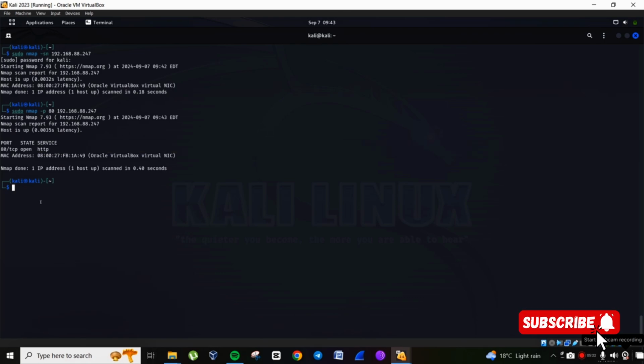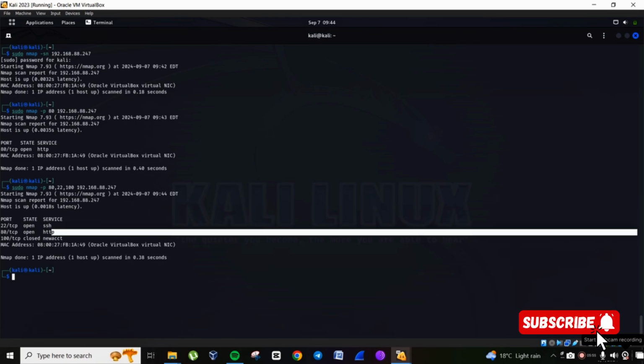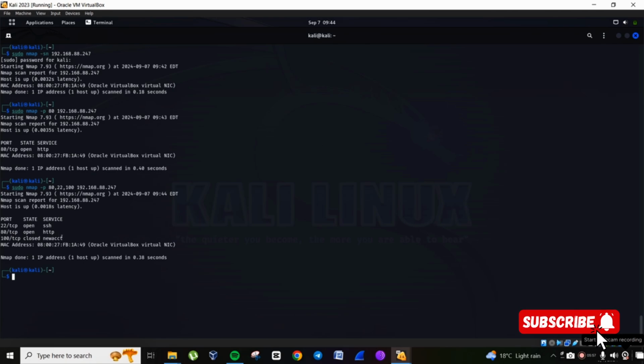What if you want to scan multiple ports? For example, let's say I want to scan 3 ports: port 80, and you can use the comma to separate the port numbers, port 22, and port 100. If I press enter, it will only scan the port numbers that are specified right here. Port 22, the service running is SSH, port 80, the service running is HTTP, and port 100, and the service running is